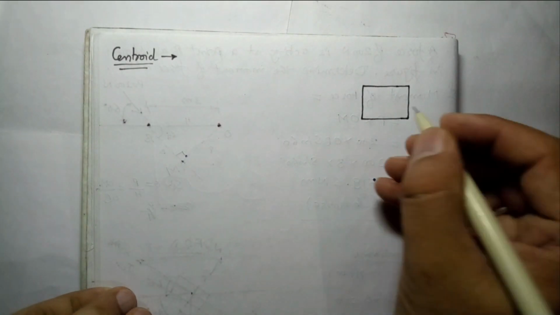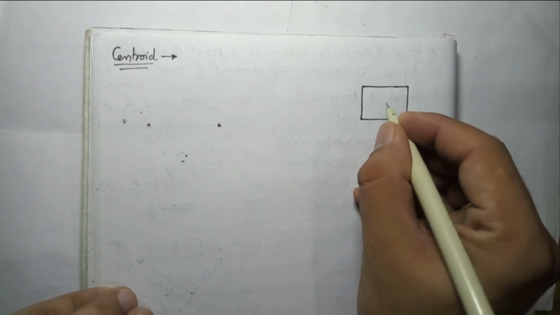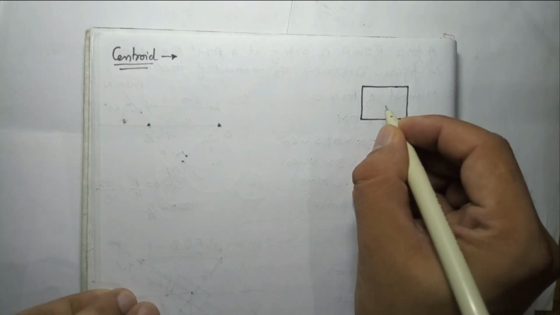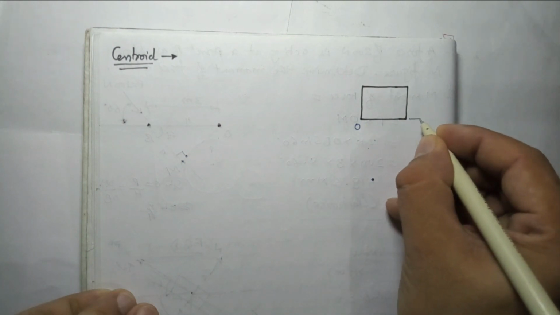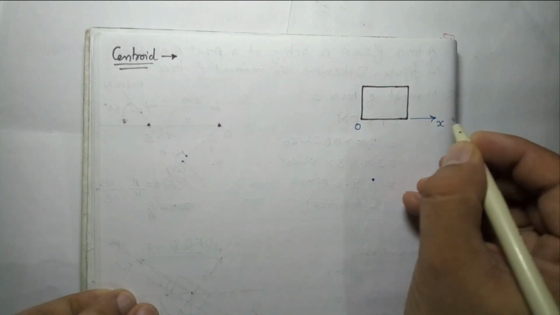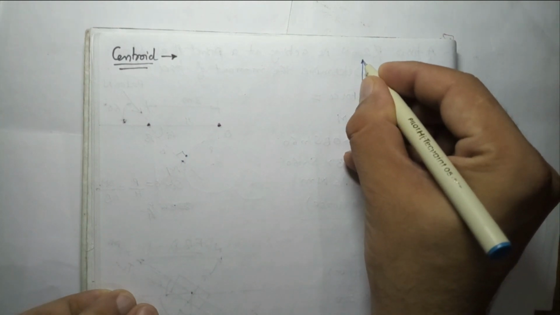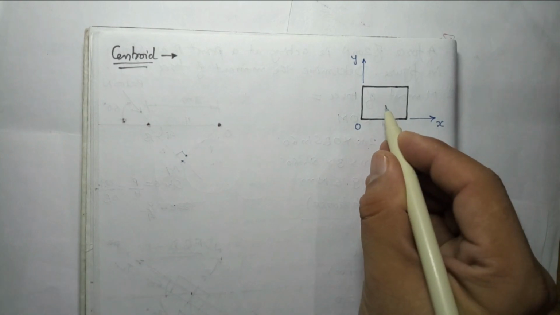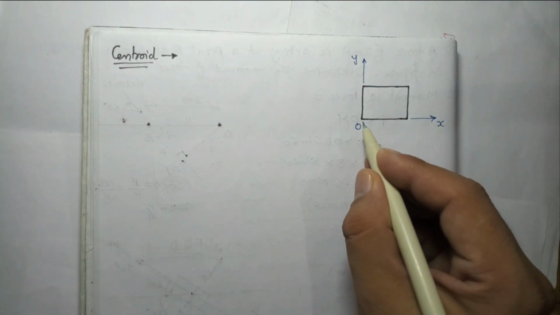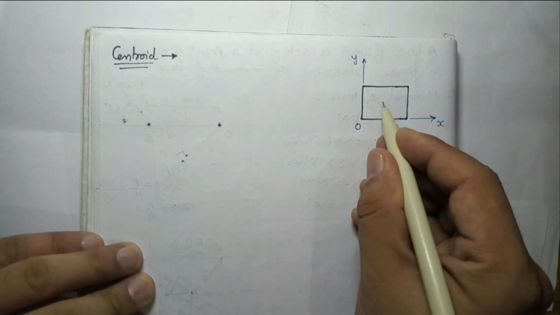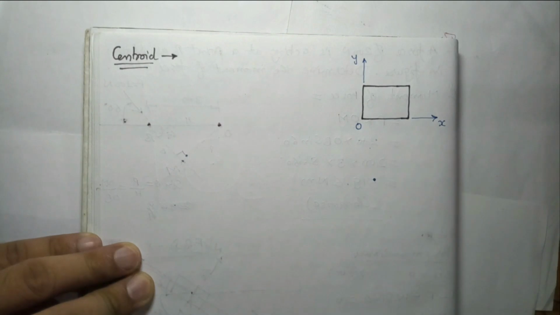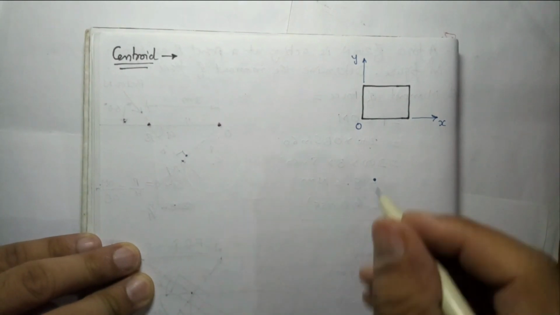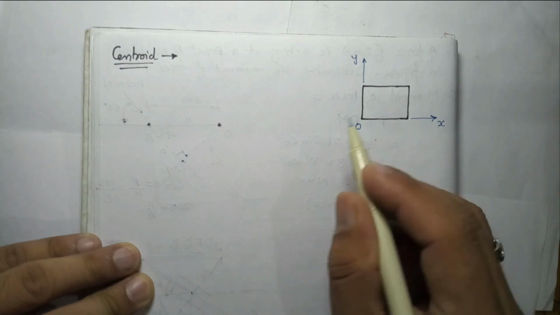Whenever we have to find the centroid of an object, we have to locate the point. To locate the point, we consider any origin, and let's say we have taken this as the x-axis and this as the y-axis. Now why are we doing this? Just to locate the centroid point, a reference point is required from which we can say here is the centroid. So to locate that point we have to assume the axes and origin. If you change the position of the origin, the centroid will also shift.